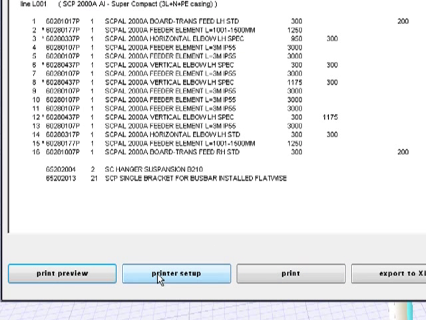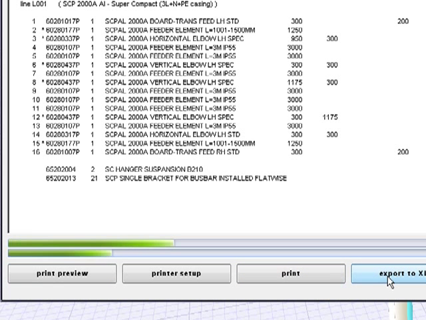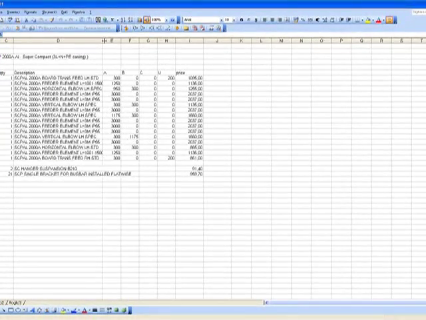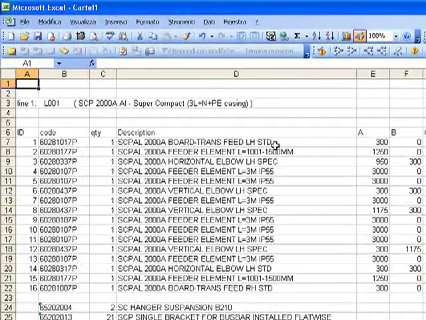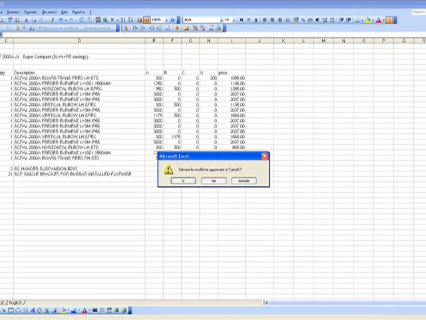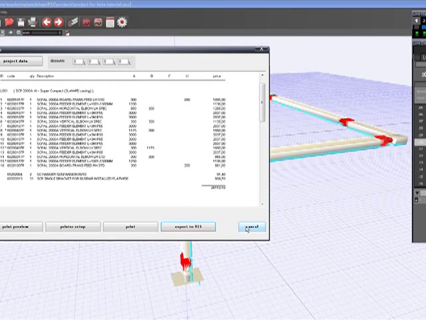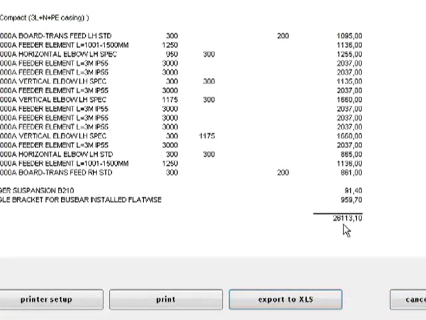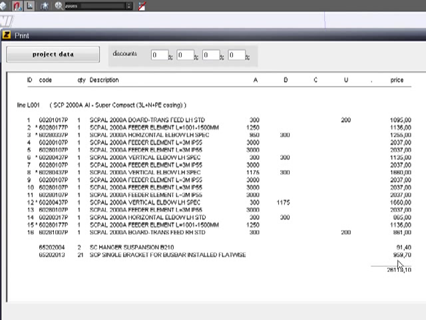I can print with this button on the printer, on the paper, or export to an Excel file. I exported to an Excel file the same list of material that I can manage. I can insert it on my stationery, overprint on my paper, and so use this material to be more effective, to be more efficient in my offer layout. These are price lists calculated